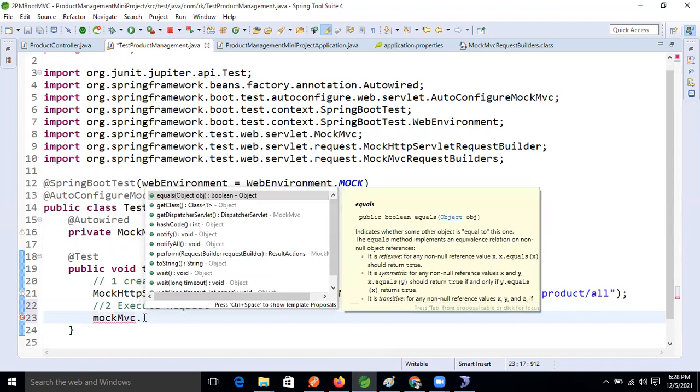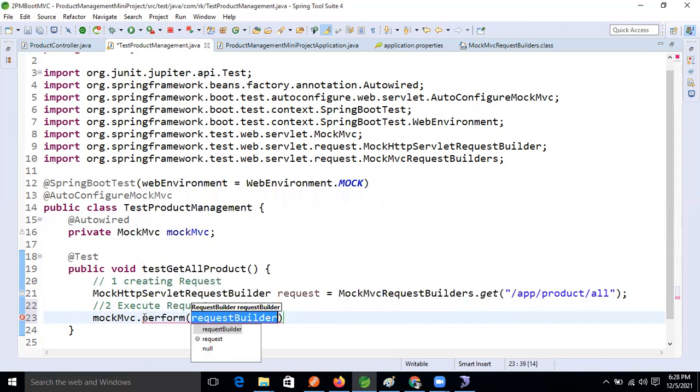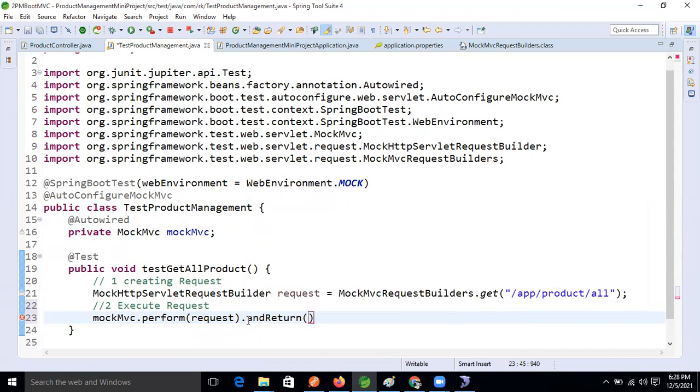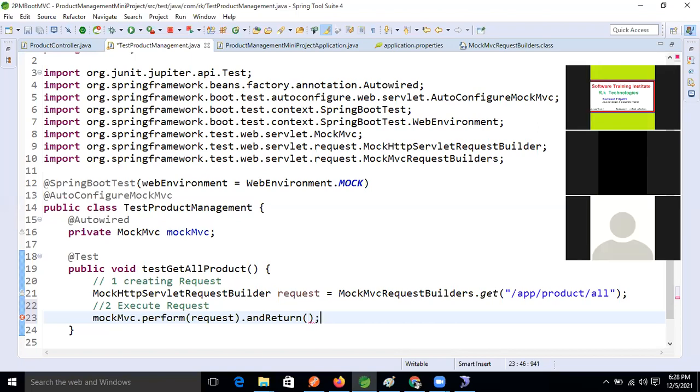Inside that, one method is there. What is the method name? Perform, right? The perform method's argument is this request. After taking this request, it returns the response.